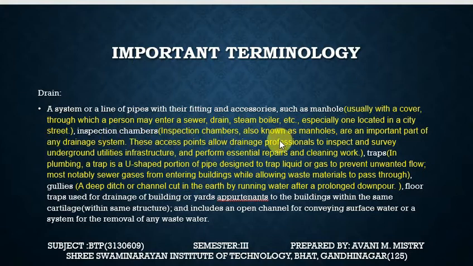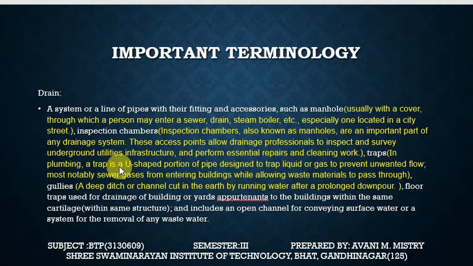Inspection chambers, also known as manholes, are an important part of any drainage system. These access points allow drainage professionals to inspect and survey underground utility infrastructure. That means अंदर की सिस्टम देखना हो, ड्रेन पाइप में कोई लीकेज है कि नहीं है, वो सब देखना हो, तो इसीलिए क्या यूज होता है, मेनहोल और inspection chambers. These access points allow drainage professionals to inspect and survey underground utilities, infrastructure and perform essential repairs and cleaning